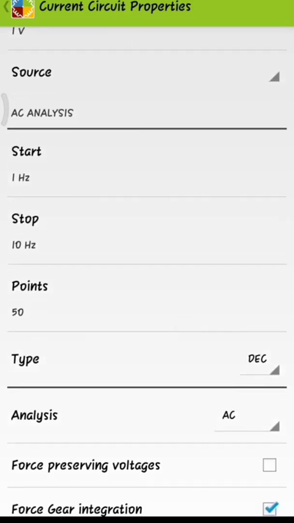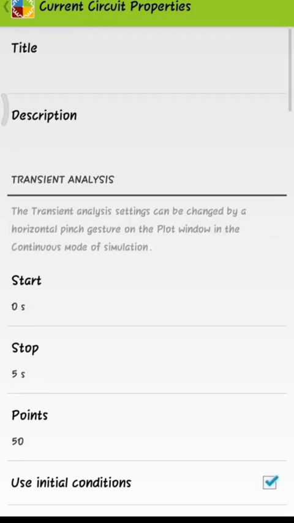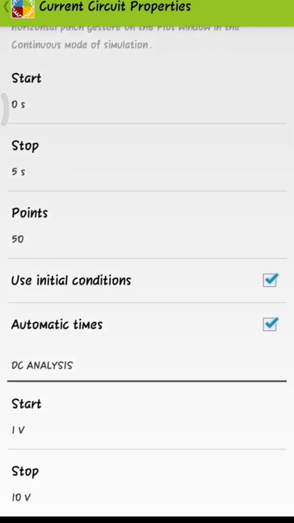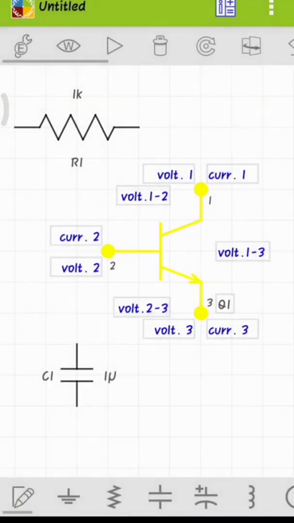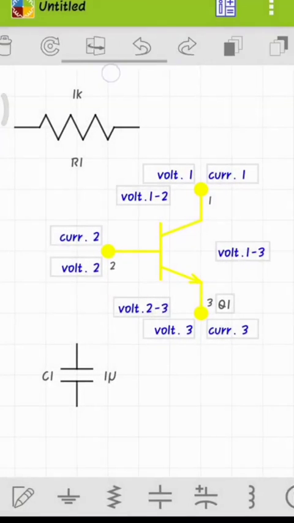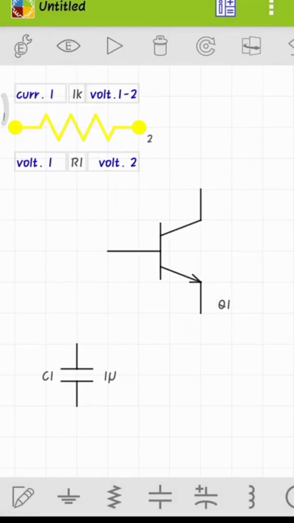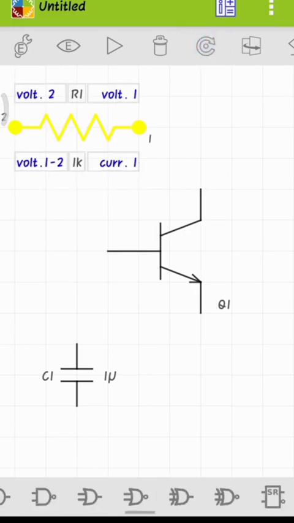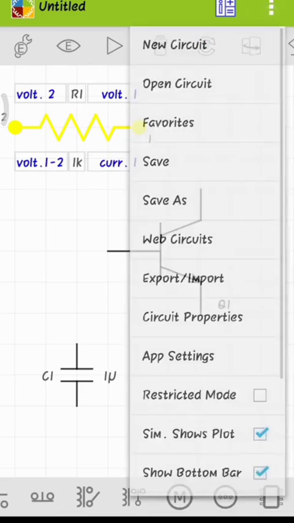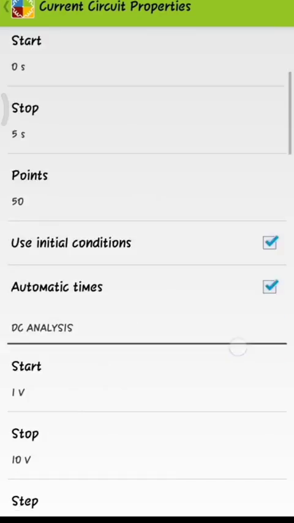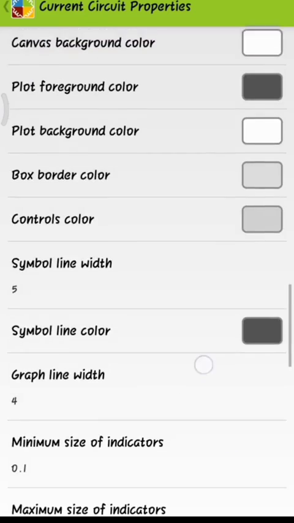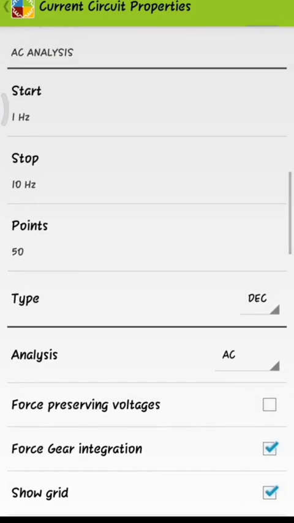We can change that and get a model graph like that. And if you want to rotate the transistor or any component, use the shift symbol to rotate it. And if you want to change the circuit properties, choose whatever parameters you want to change.